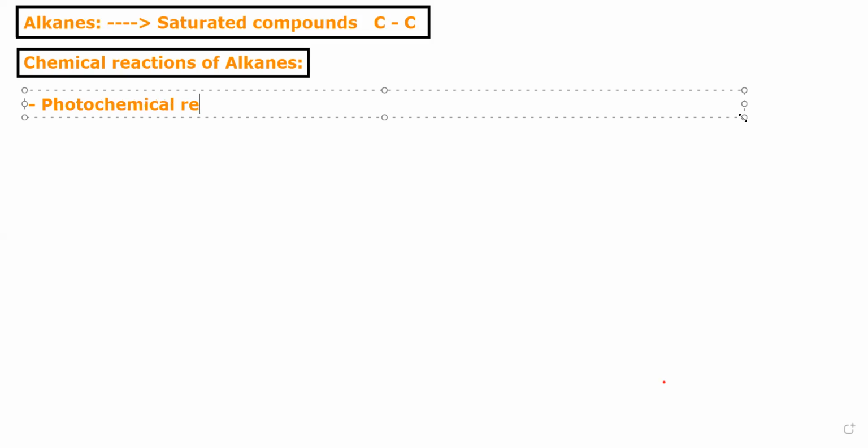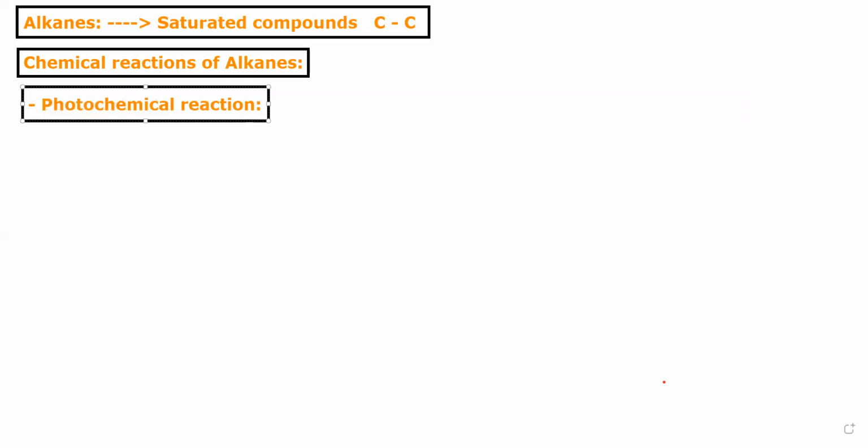Whenever you see the word photo, it means something related to light. So a photochemical reaction is a reaction that requires light. And which light? We will talk about ultraviolet light in sunlight. I write here, this reaction